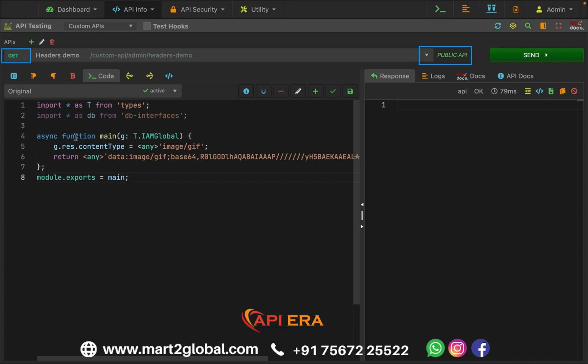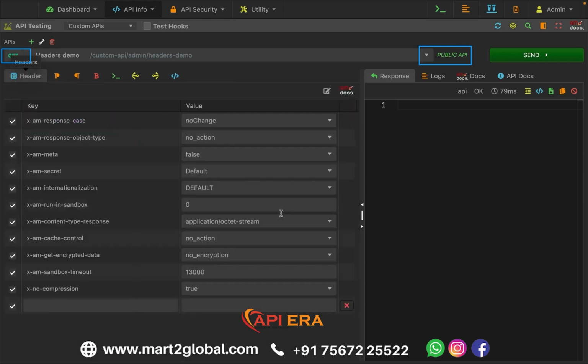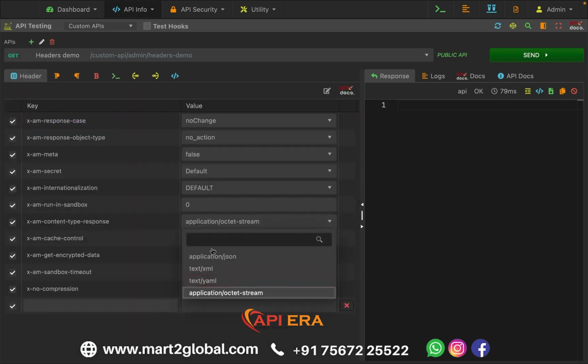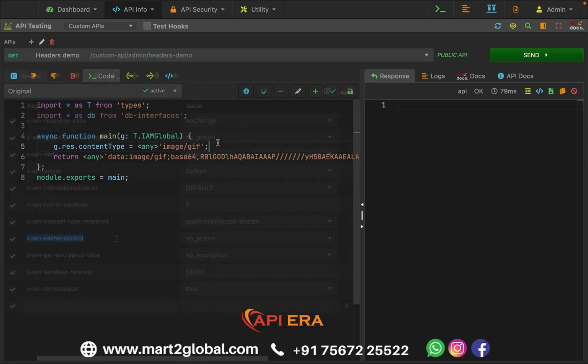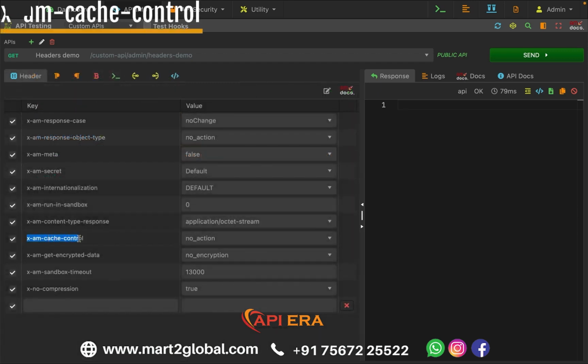Let's say that is serving this GIF image which is 1 pixel. If I refresh that, we are getting that pixel in the result, if you can see that. So depending on your return type, it will automatically convert into octet stream. In most cases, you will never need to set this header. When you use the download file feature, this will also be octet stream, so your browser can throw that file to the user for download. You can see the header X-AM cache control in action in the automatic caching video in full